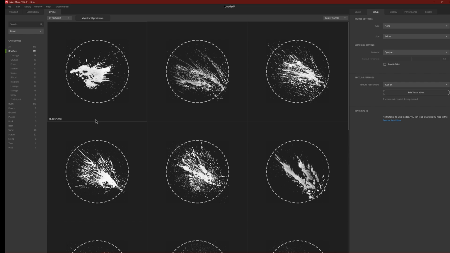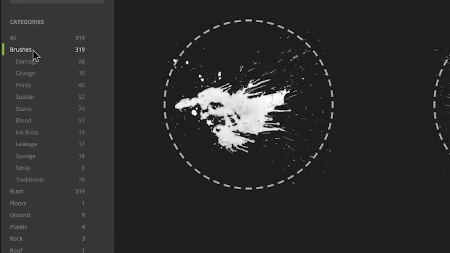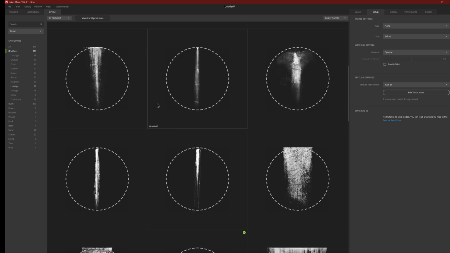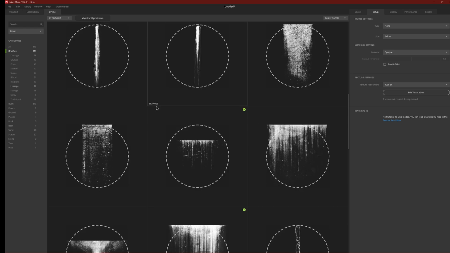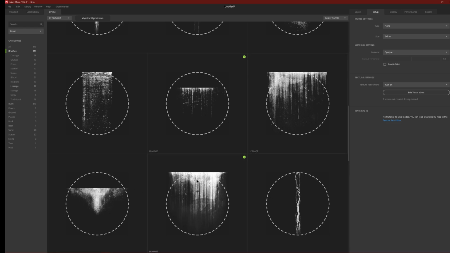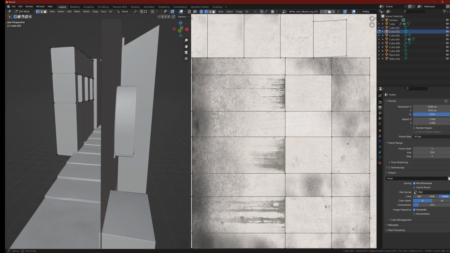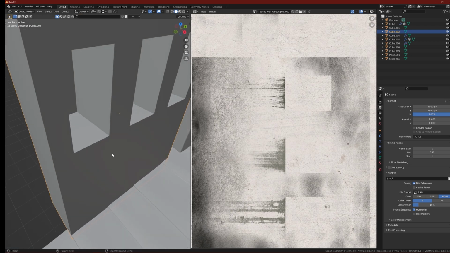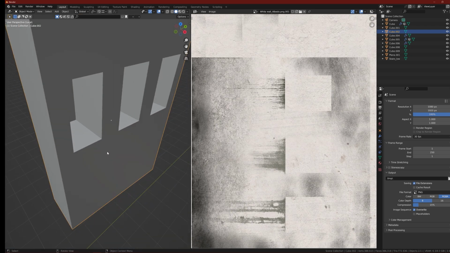So for example, if I head over to Quixel Mixer here, and then I click on brush over here, and then I go to, for example, brushes, and then under brushes we have leakage. So in here you have a full variety to choose from, and I just downloaded some of those and apply them onto my buildings. Let's just quickly do one here. Let's just continue painting on this wall over here. So let's isolate this building